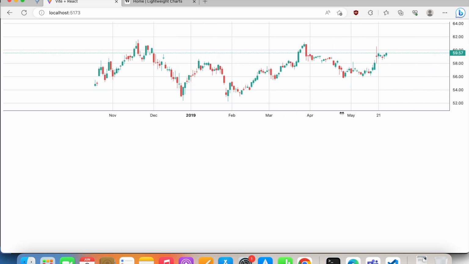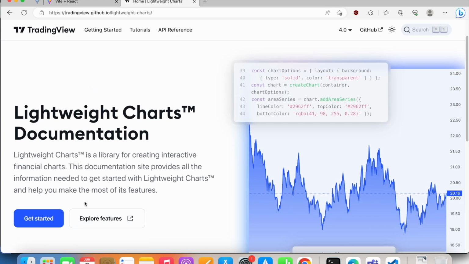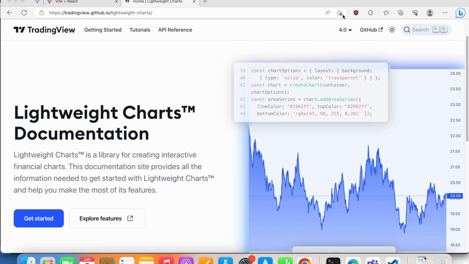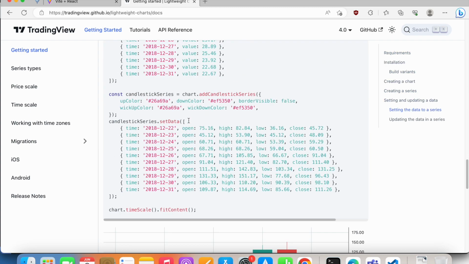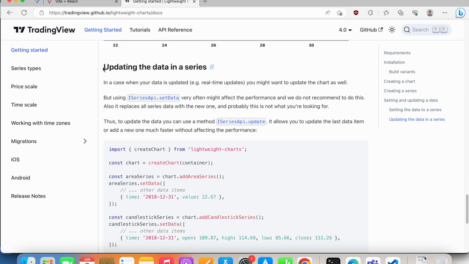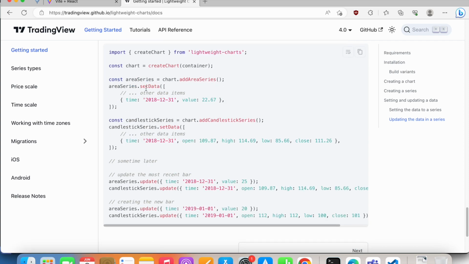Hello everyone. In this video, we'll see how to update our data in the chart. As usual, I'm going to head over to the Lightweight Charts docs and inside Getting Started, down below, you'll see that we have a section called updating the data in a series. Inside of this code, you'll see that they have introduced a method called update. So it's inside the series, and this method is called update, and it takes an argument which